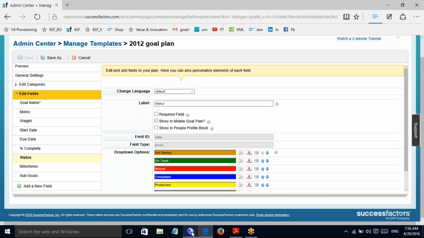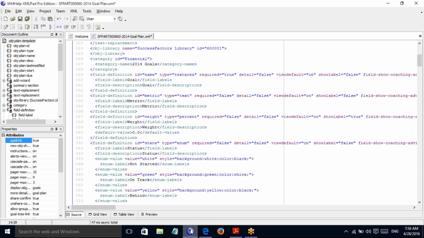What you need to do is just come here and follow the same. And you take one example here, the weight, and you can look at the field definition ID and the type, is it required, if true, and whether it is a detailed explanation, view default and show label, and you can see a coaching advisor